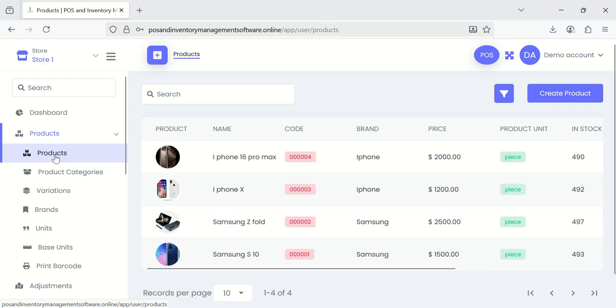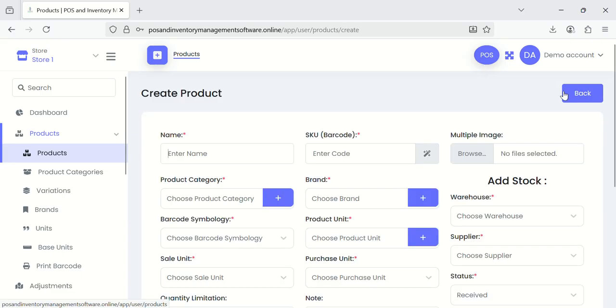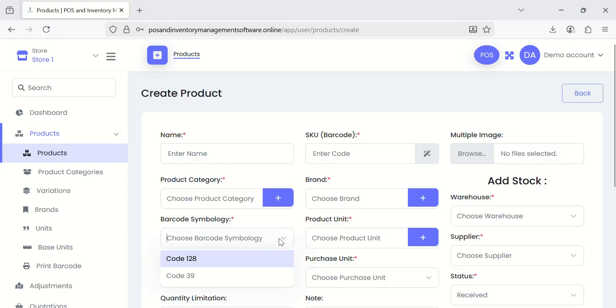Products. This is where you load products into the system. From the main window, select Products then Products. Click Create Product. Type the product name, serial number, or automatically assign SKU barcode, upload image, select product category, select product brand, choose barcode symbology either 39 or 128, please google the difference between these two codes, select product unit,